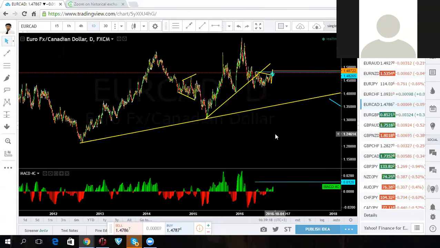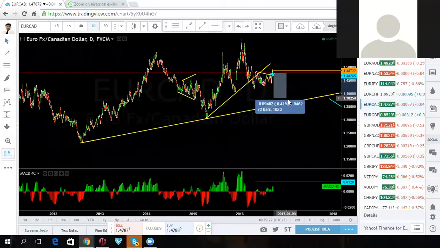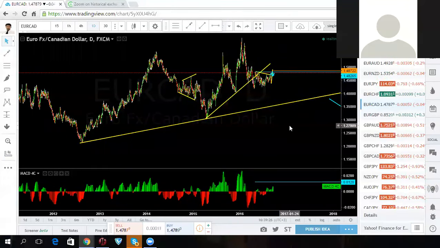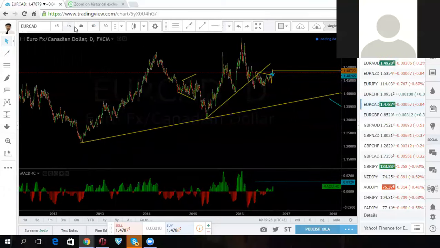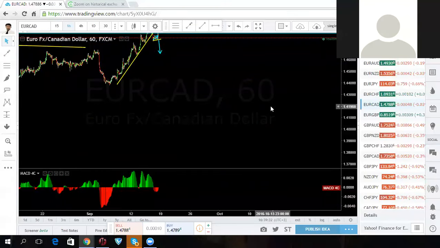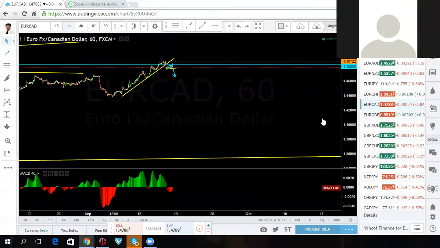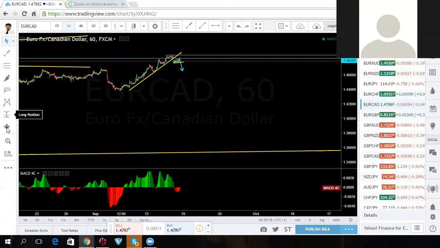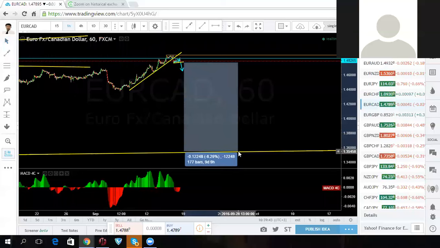So you can get a lot of impulse if you get this from this level here, and you bring it down to this. You're talking about 1,000+ pips, which isn't a lot. We have done that before. Go back to the 1 hour. And you need to get the trade from the break of this structure here. We'll try to keep it from there all the way to the bottom here,